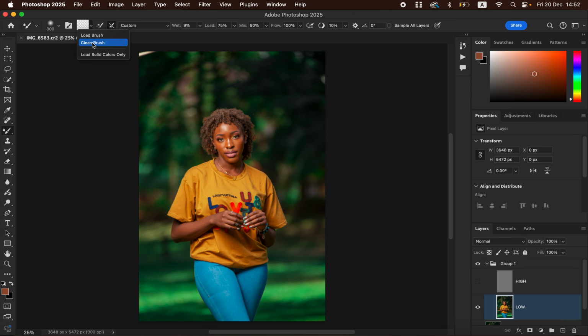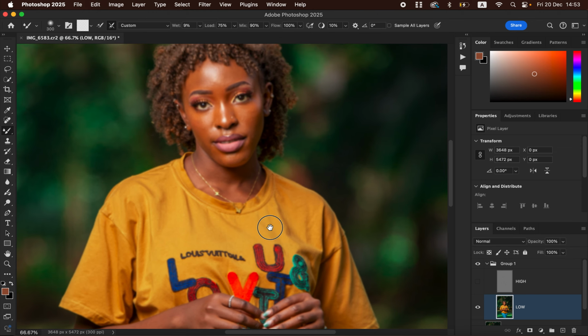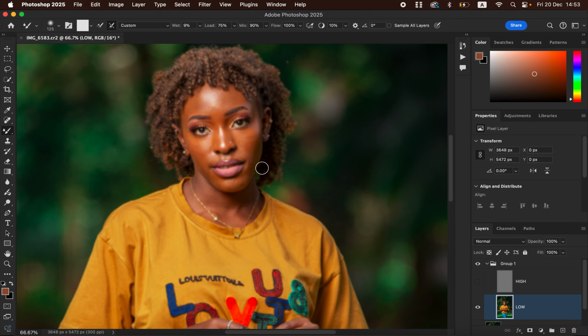Then also make sure the option that says clean brush is selected, because as we're editing the skin, we are dealing with different areas of varying skin tones. Make sure the option that says clean the brush after each and every stroke has been selected. With a wet of 9%, load 75, mix at 90, flow 100%. Make sure sample all layers is not turned on. And right now we are just going to slightly zoom into the image. And to apply or blend the transitions between the skin tone, we are simply going to reduce the size of the Mixer